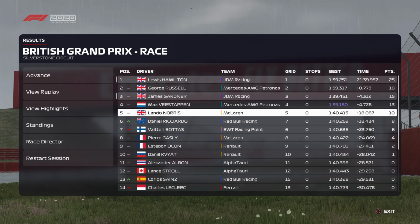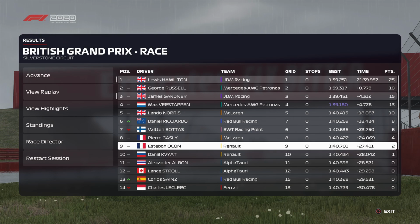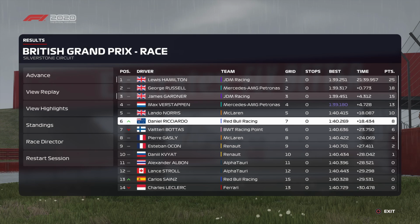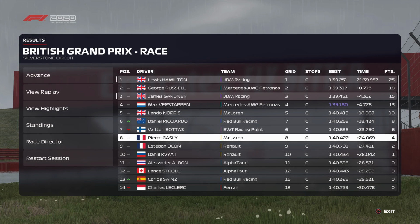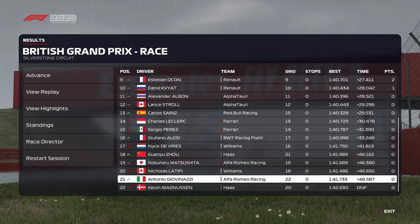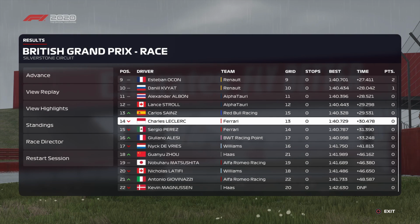Lando in the McLaren gets a really good result again. Pierre Gasly scores his first points for a while, I think, as well. The two Renaults closing out the points, and Bottas again in the points. Mr. Dependable doing a great job this year in the Racing Point. Ricciardo in the Red Bull also doing good as well. Sainz in the other Red Bull, not quite so good. Ferraris still, unless they get some kind of upgrades, I don't see how they're going to get out of that